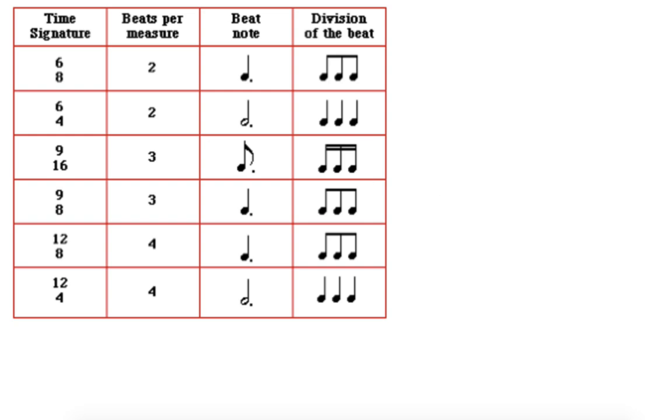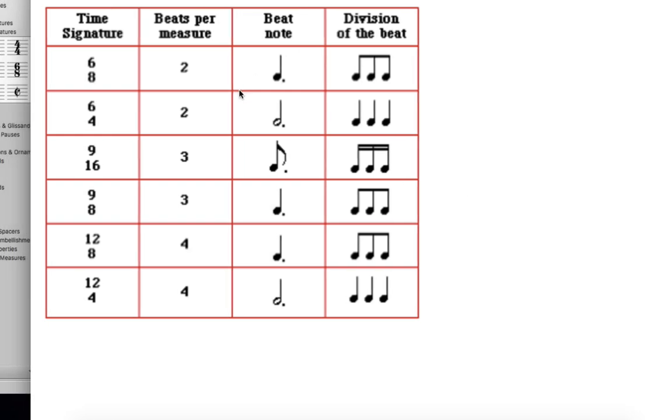Here's another graph or chart that lays this out kind of nicely. So in 6/8, 2 beats per measure. Now what they're calling the beat is this big dotted quarter note, right? And then the division of the beat is the eighth note. So 6/4, 2 beats per measure. The beat here is dotted half note, and